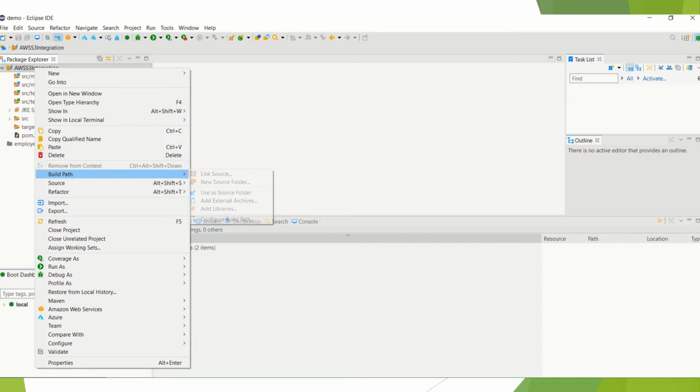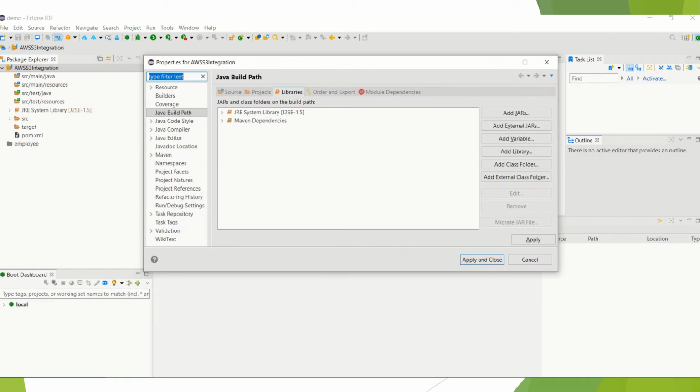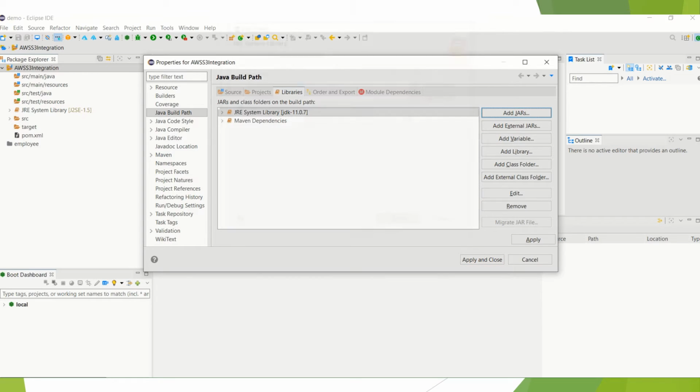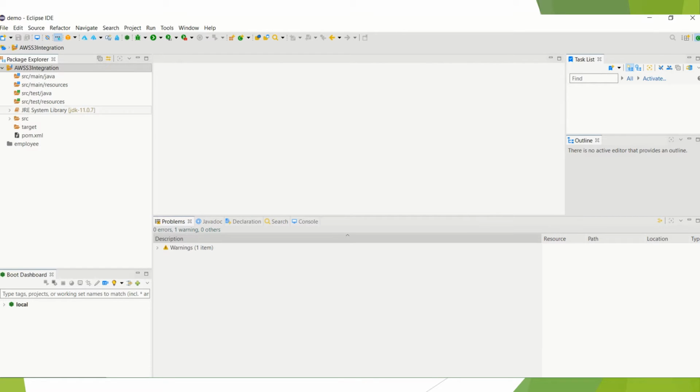Build path, configure build path, edit, use 11, finish, apply and close. So for the JDK, now we have 11.